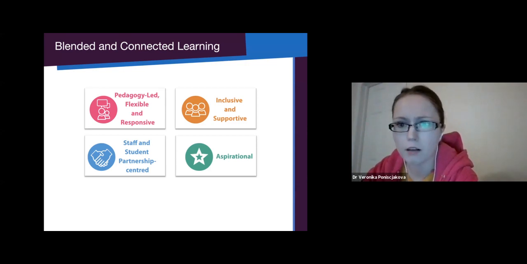where I work, at one of the RF bases, all the blended learning and methods that are on the VLE are mostly pushed through by the RF rather than us. So I would not necessarily say that this is pedagogically led, more like RF led than anything else. But I do completely agree that the blended learning needs to be inclusive and supportive, and especially for us, it's